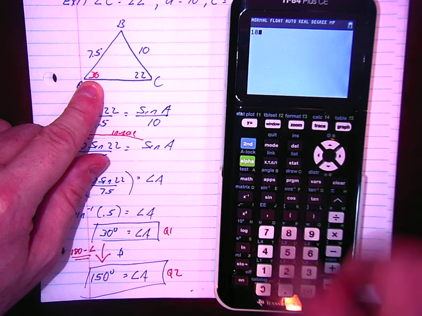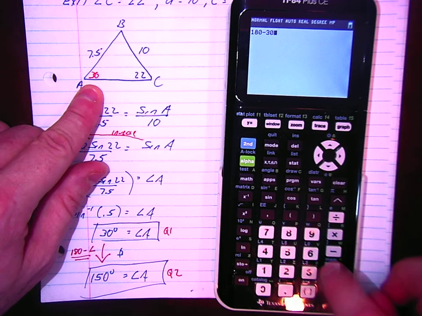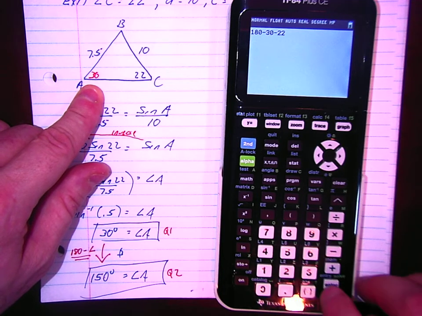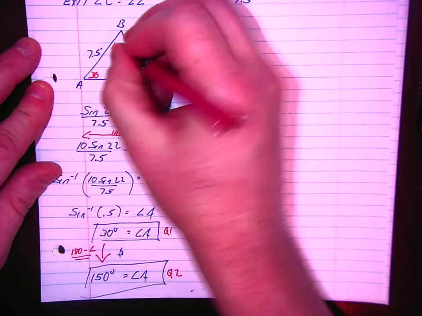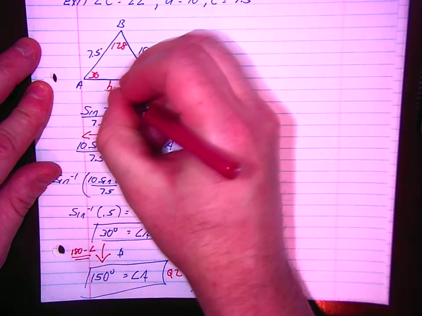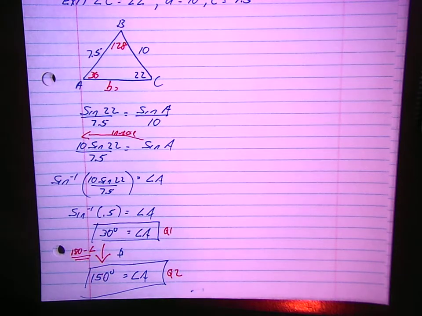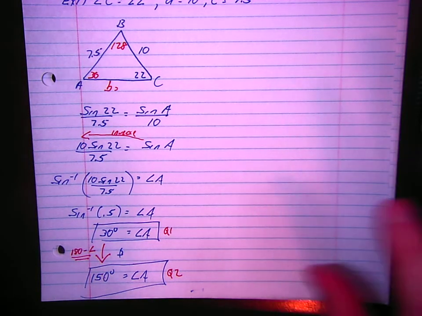So I've got 180. I'm going to subtract away this 30, subtract away this 22, and this top angle is 128. And then I'm going to do law of sines again, and I'm going to find little b, which I'll do in a minute. What the problem with this